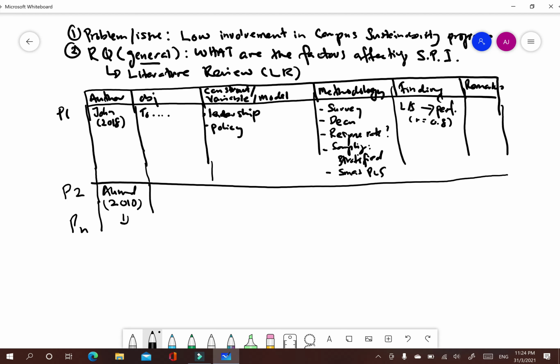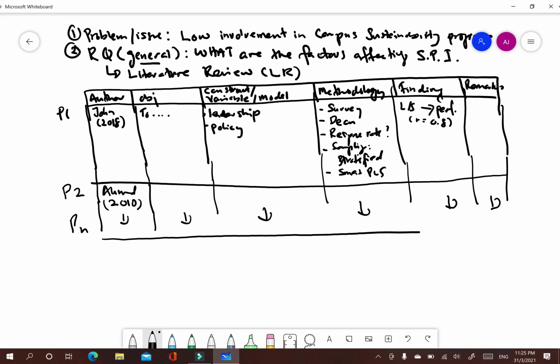So this is basically the process, and you will update this table daily. Every time you read, you will update, and you have to review this every day to see the pattern of the findings. Okay, so when to finish? When you think that it is almost saturated, you have discovered all the papers for, for example, the last 5 or 10 years, then you can stop.